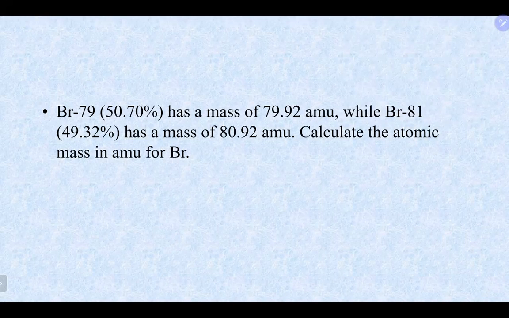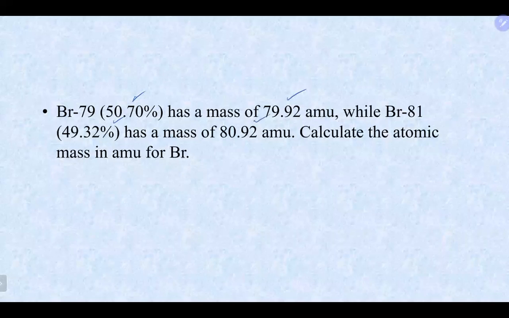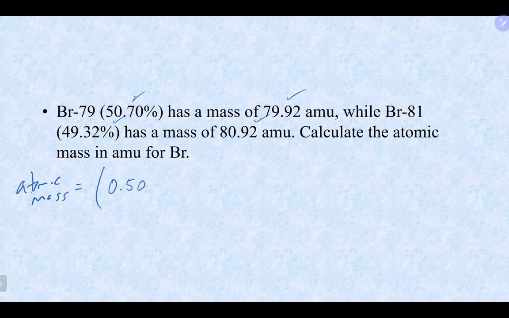Okay, so let's take a look here. If we're going to calculate the atomic mass, we basically have our isotope and its atomic mass, and we have the percentage for our second isotope and its atomic mass as well. So our atomic mass here would be our first isotope, which we're going to convert into a decimal. You can move the decimal 2 places to the left, or you can divide it by 100, whichever way you like to do it, times 79.92 AMU,